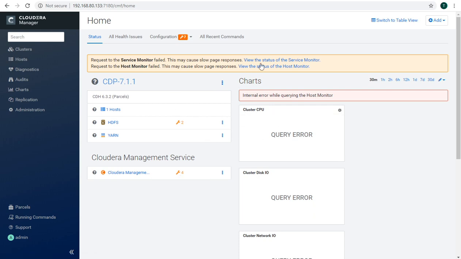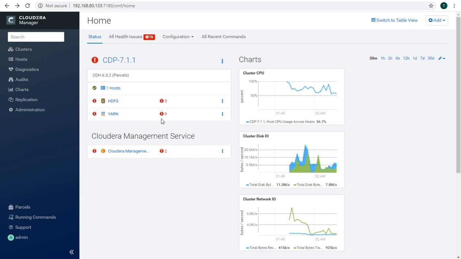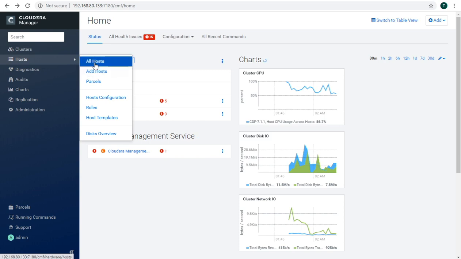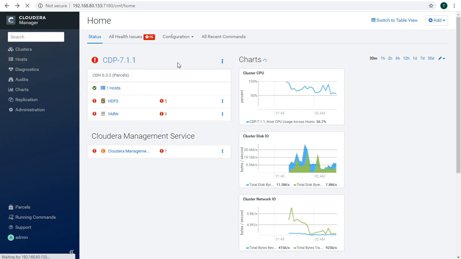So here we can see the status is not good because of the service monitor and host. You can see here we have installed HDFS and YARN, but there are a lot of warnings or health issues showing here because we only have 8 gig of RAM. Out of that, only 7 point something is in use.